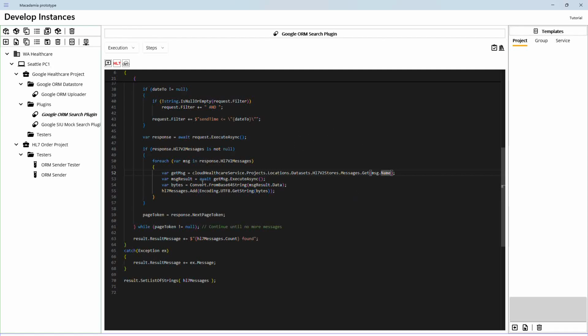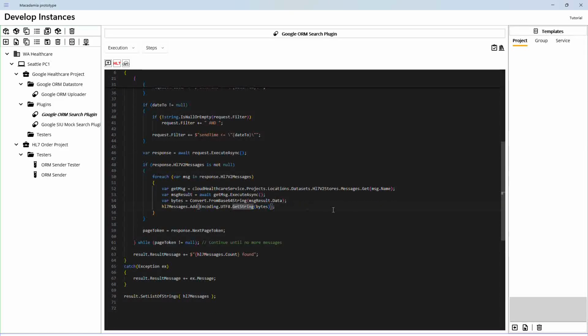Then we need to call another method, which is get, because if you try the other application or code editor to run this code, the HSM message, which is the returned object, has the message, but it only has the